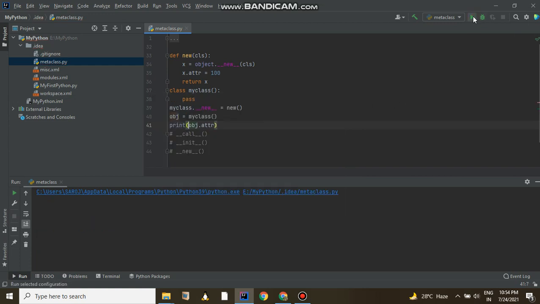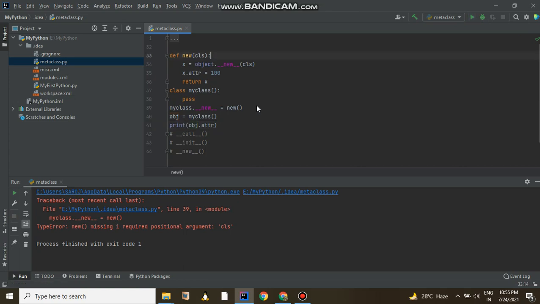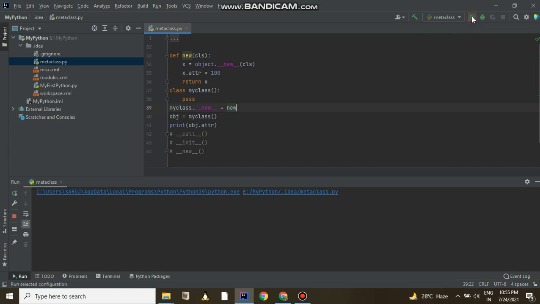Okay, and let me execute this one. Sorry, the bracket need not be there, so I am not creating an object of it, I am just running it. Here you can see we are getting 100 as its attribute. So what basically we did here: whenever this function is called, the object of it